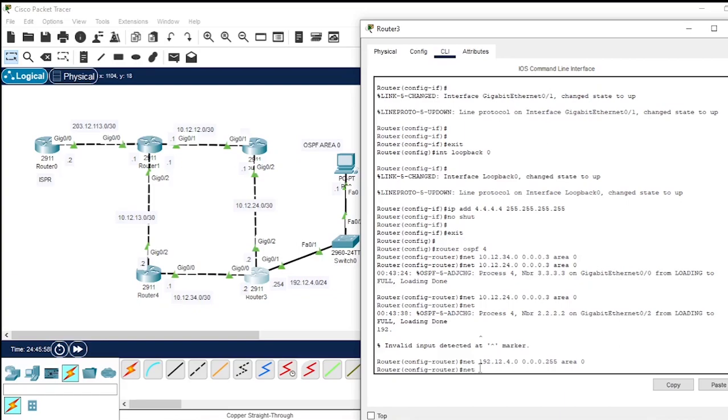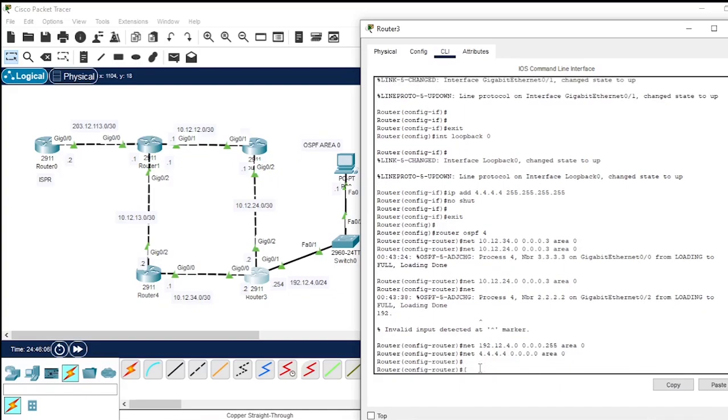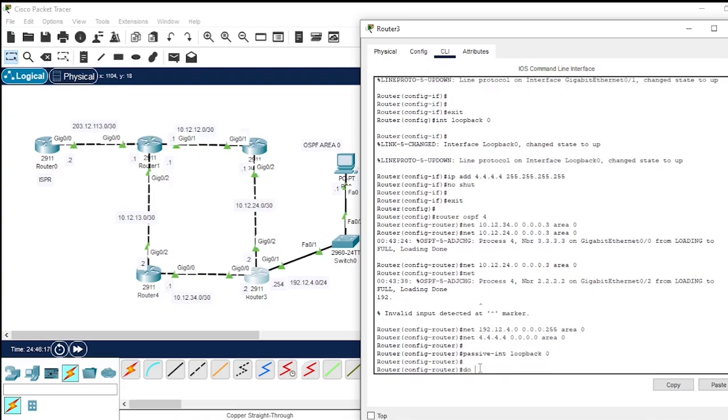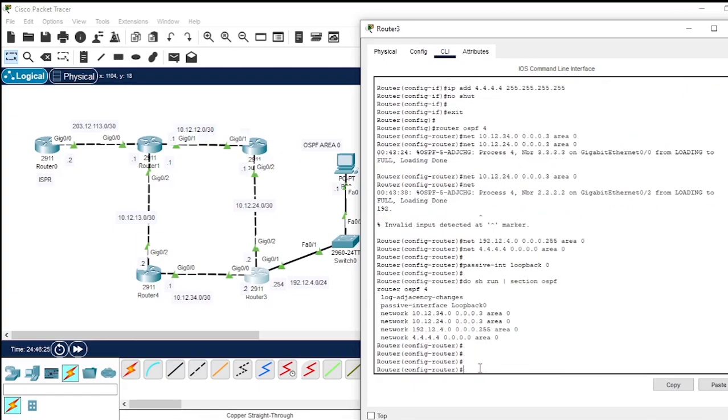Next, loopback network. Now passive interface. Do show run | section ospf. Okay, you can see